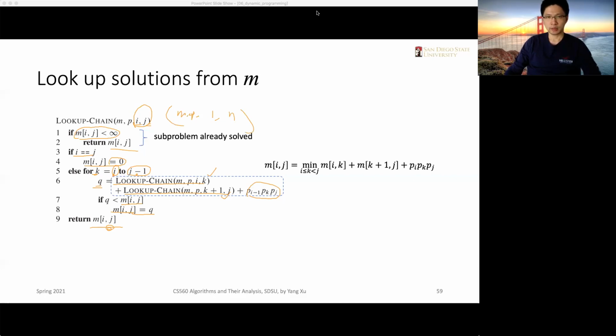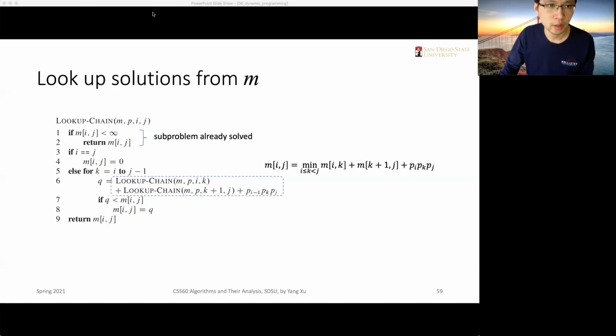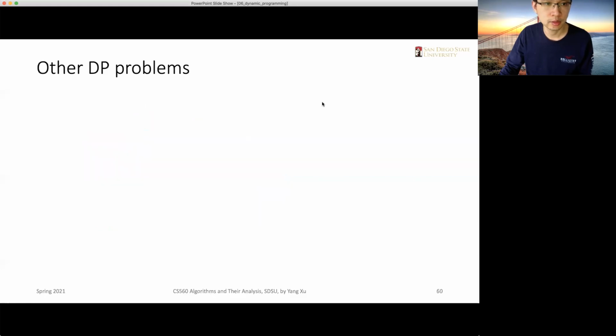All right, that's a straightforward way to implement the top-down method. Okay. So I'll clear the drawings here, and let's look at the last parts. So we have introduced the matrix chain multiplication problem real quick, and we actually have another example that we can